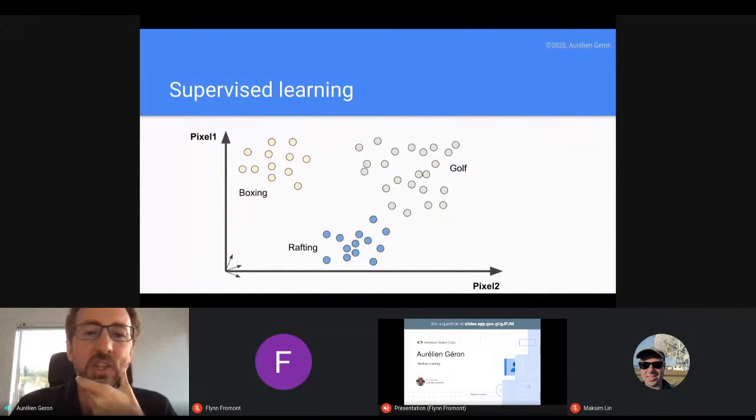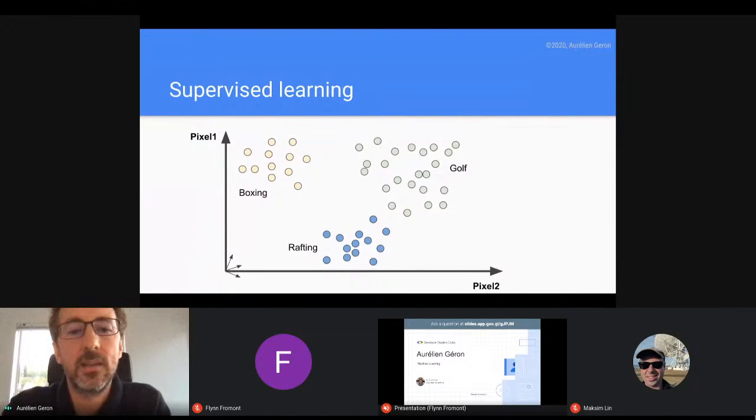Both regression and classification that we've just looked at are examples of something called supervised learning. This means that when I give it an example, for example one image of boxing, I also tell the algorithm that it is boxing, that it should classify it as boxing. This allows the algorithm to know how good or bad its prediction is, and therefore how much error it made, and therefore to correct the parameters in the model to make it a little bit better. That's supervised learning.